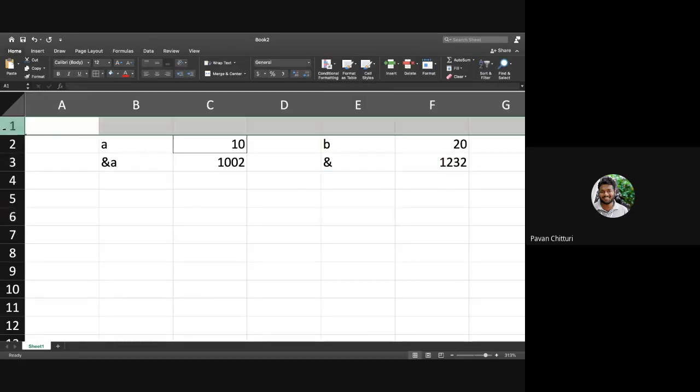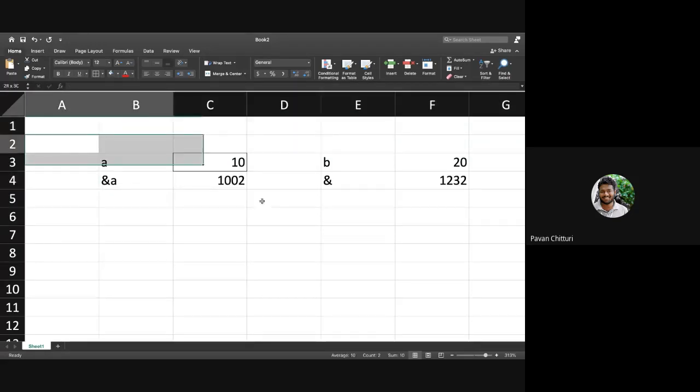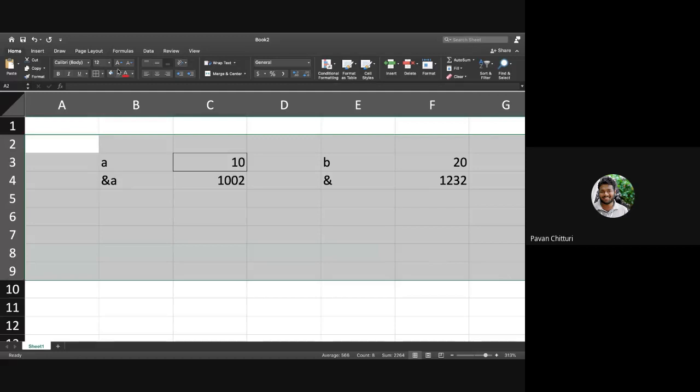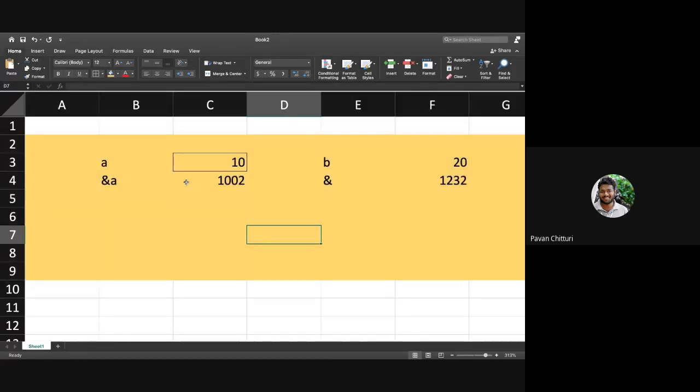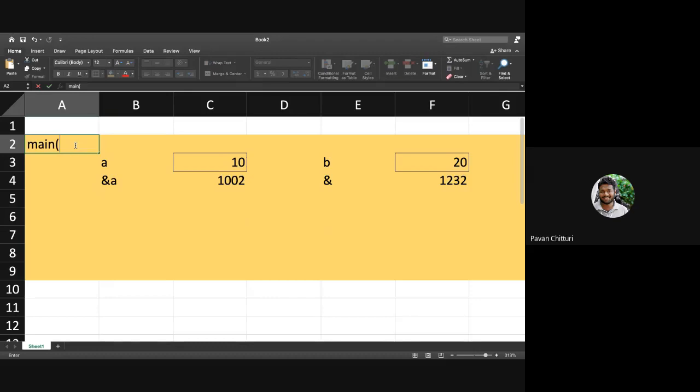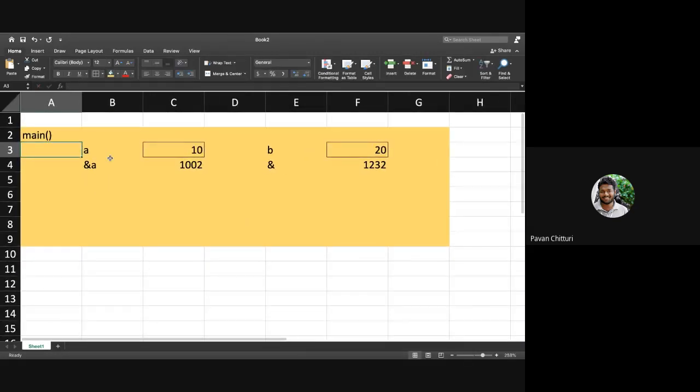The entire concept belongs to the module called main function. All this yellow block is the memory allocated for main function. So these are the things.